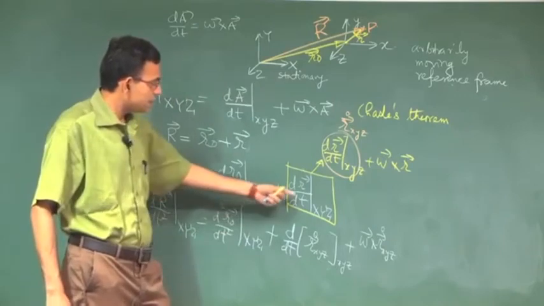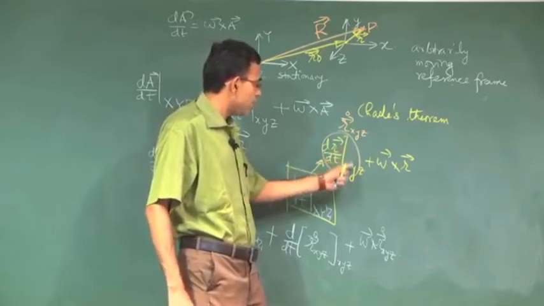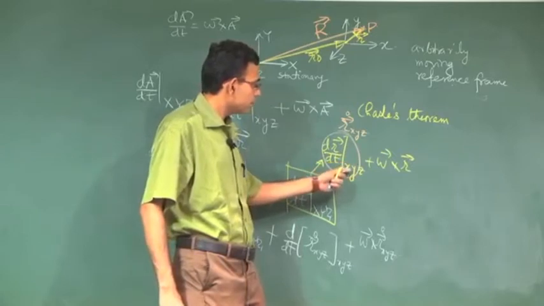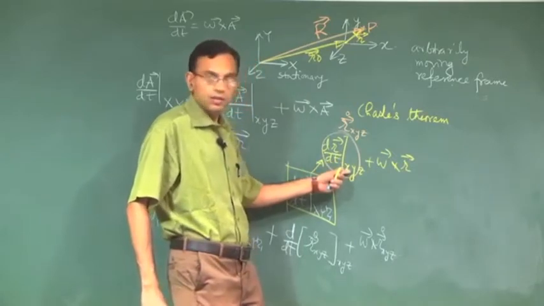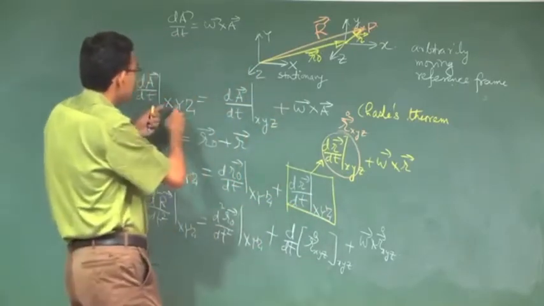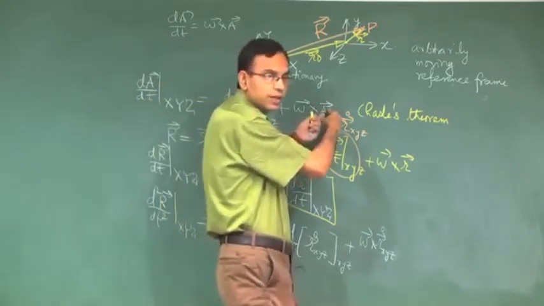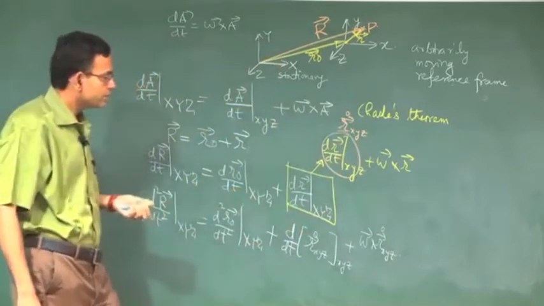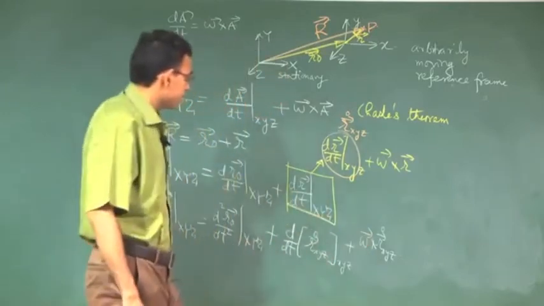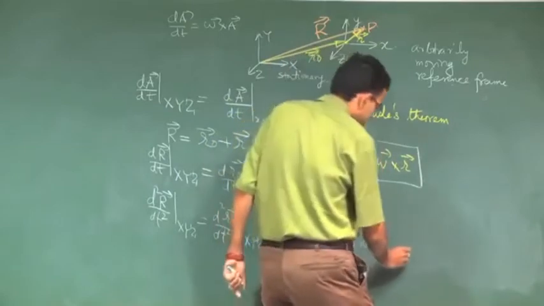This is capital, yes, and this is capital, alright. By Chasles' theorem, this with respect to capital XYZ is equal to this with respect to small xyz plus omega cross this, right, okay. So omega cross this, then the derivative of this one, that is the final thing. So plus